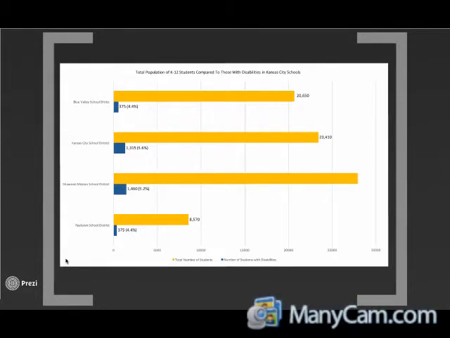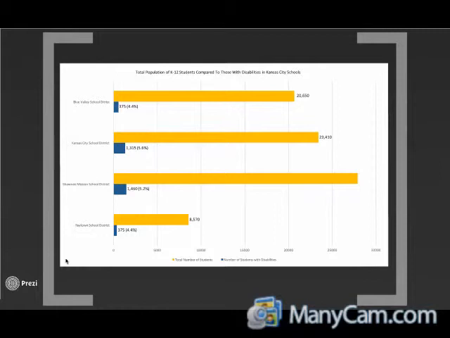Okay. This graph now compares the number of students with disabilities in the public school setting with those of normal cognitive students in the public school setting. So we chose Blue Valley School District, Kansas City School District, Shawnee Mission Schools, and Raytown School District. So you will notice that Shawnee Mission School District has the largest number of children with disabilities, which is 1,460, which is 5.2%. The Kansas City School District has